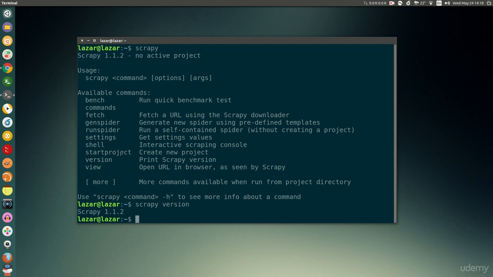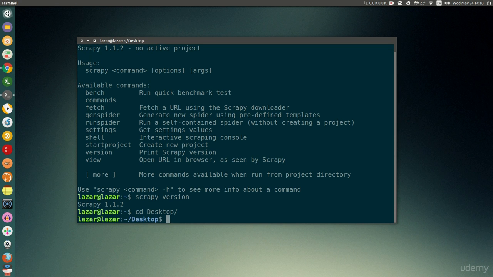That's about it. So the first thing that we are going to do is start a project. To do that, first let's change the directory to our desktop so you can see the folder that Scrapy will generate here. To change the directory we type in cd and then Desktop, and currently we are in our desktop. And the first command, as I was saying, is going to be scrapy. Then you can pretty much copy and paste this command. So scrapy startproject, and the option that you want to use is just the name of the spider.